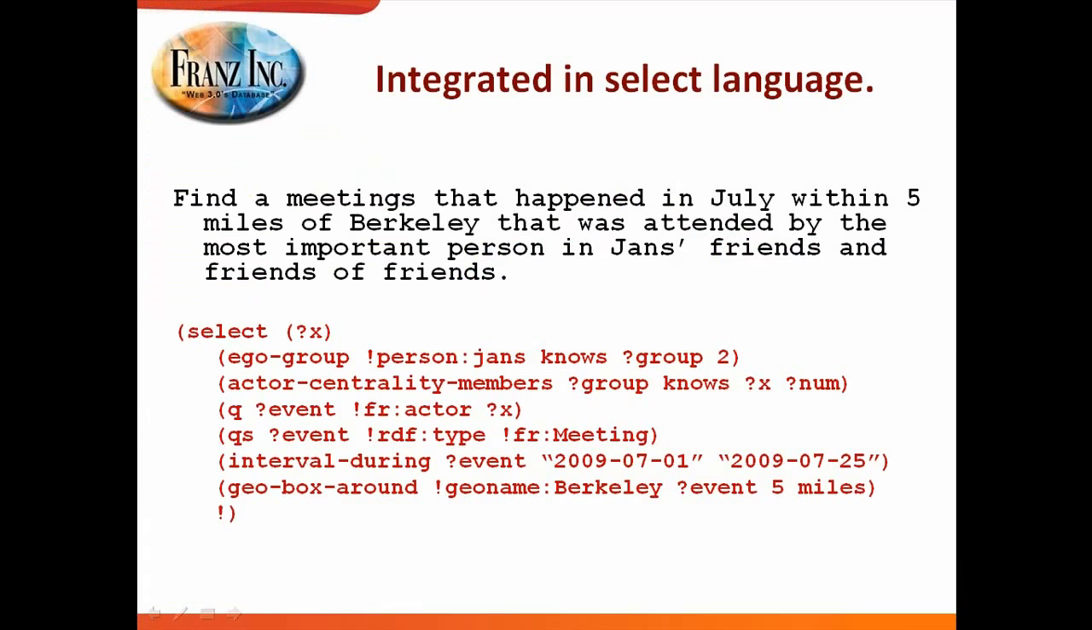So then, one of the things that we do, and one of the things why we get a lot of attention from people in the government, but also from marketeers, is we can do queries where we combine temporal reasoning, spatial reasoning, and social network analysis. So we can take a query like, find a meeting that happened in July within 5 miles of Berkeley, was attended by the most important person, Jans's friend, the friends of friends,